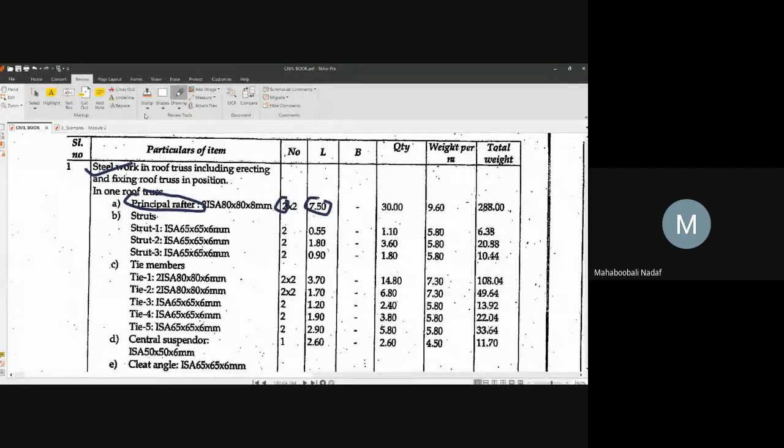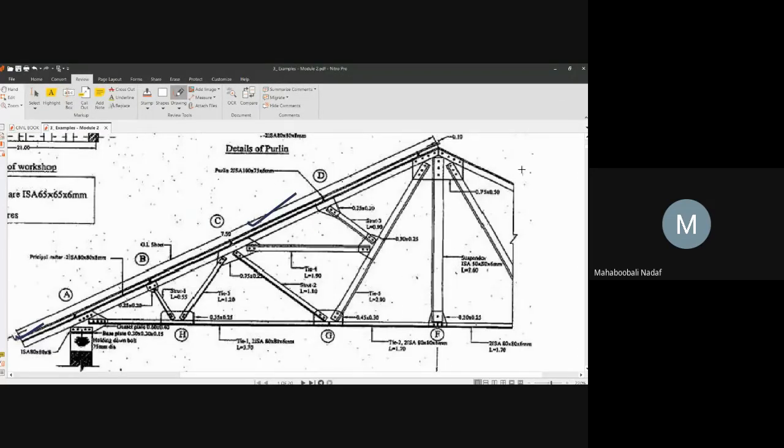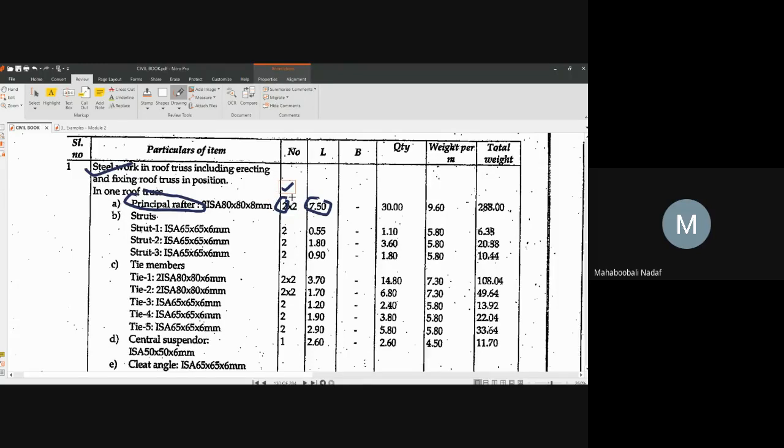What is this another 2? One rafter on this side, another rafter will be on this side. Is that okay? Yes, sir. 2 rafters on either side. Each rafter has 2 angles. So 2 angles for this rafter, 2 angles for this rafter. So the number they have given is 4, and its length is given in the cross section. How much total length is? Total it will be 30. From the book they have given 9.6 as the unit weight. Any doubt in this one?